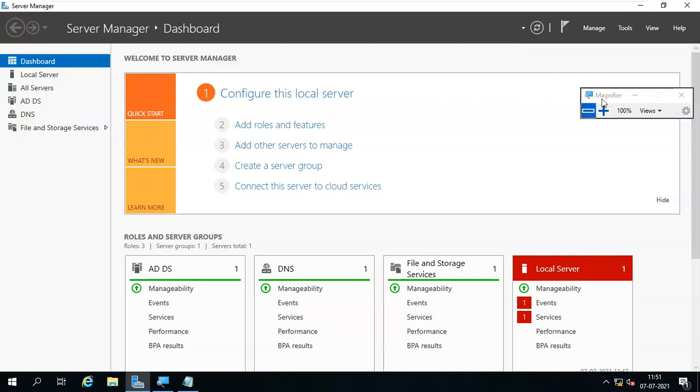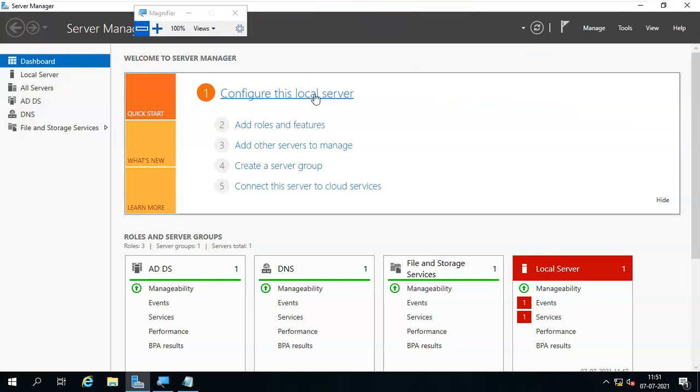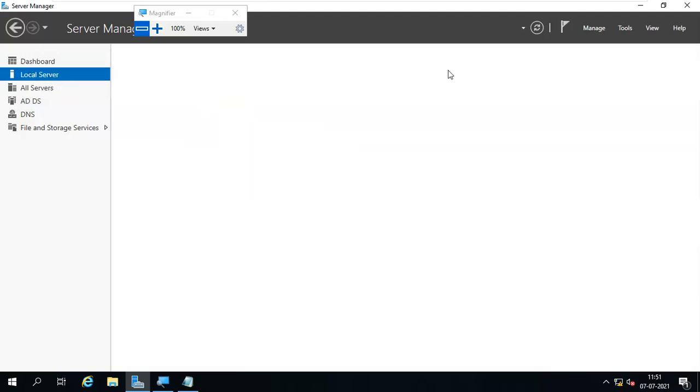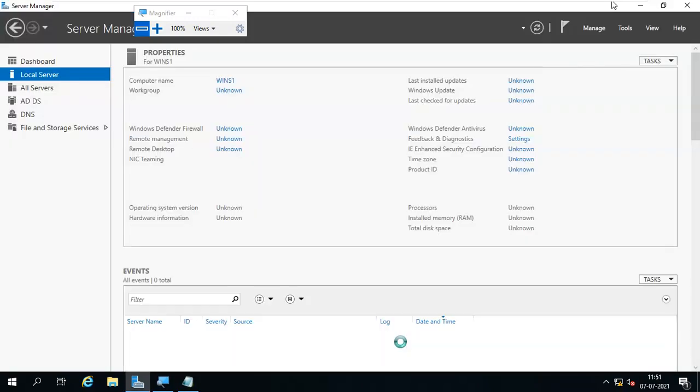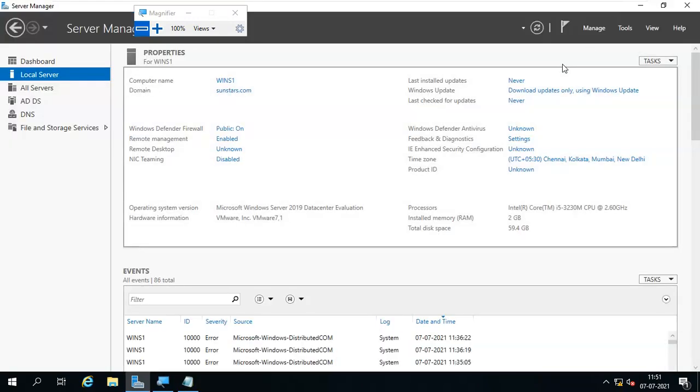Now what is the next part? Group policy part. Now how to create a group policy from the starting step. I'm in Server Manager. What is the next step? Tools.